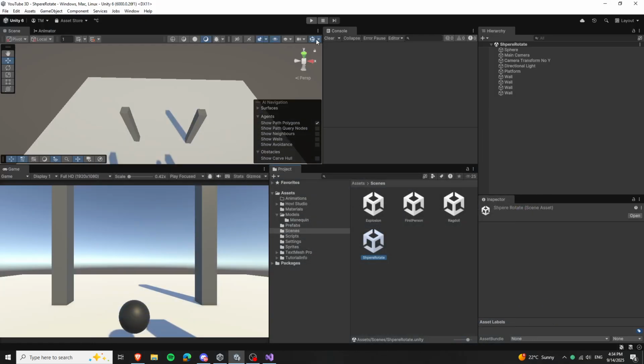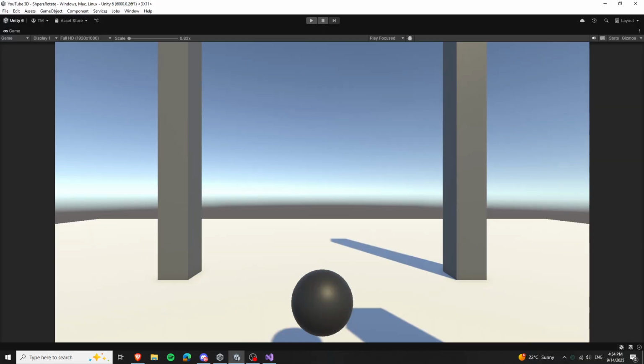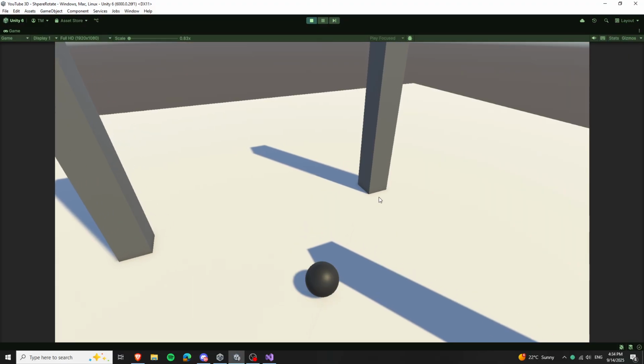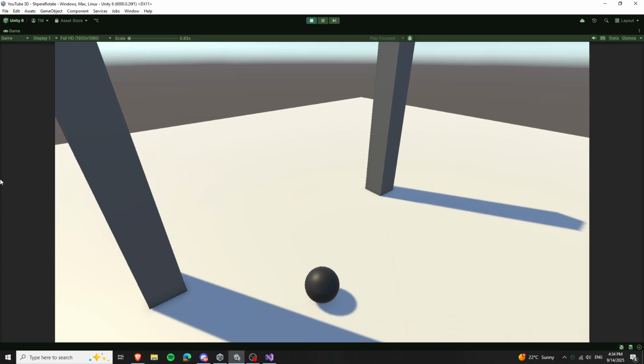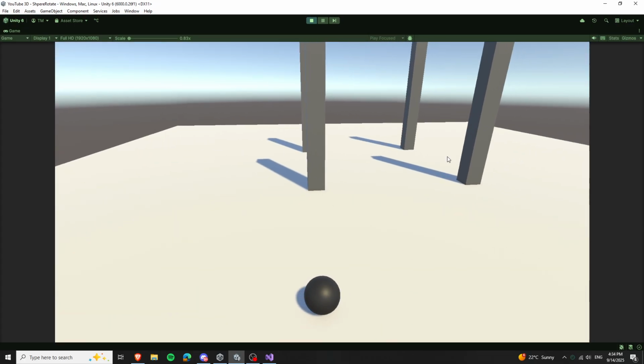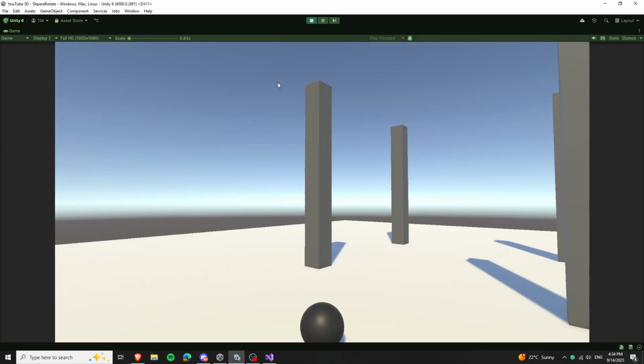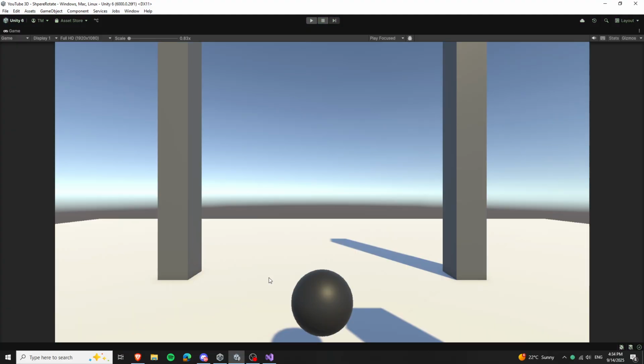Okay, now we're going to look at a scene where we have a third-person view with this ball that moves by rotation. So yeah, the rotation force here. Okay, so I won't go into how to create the